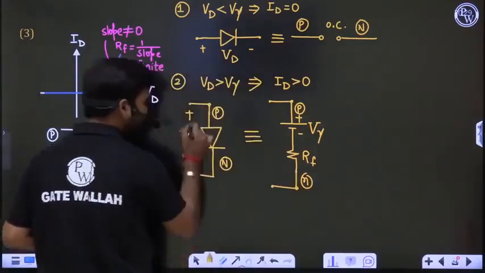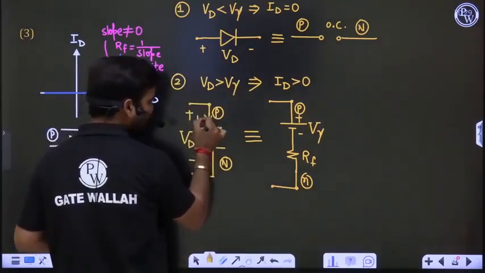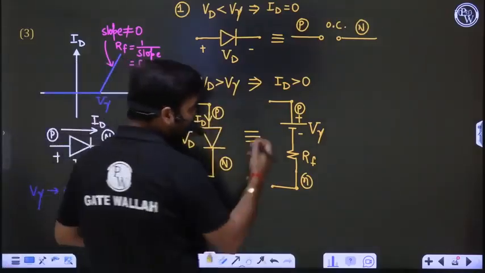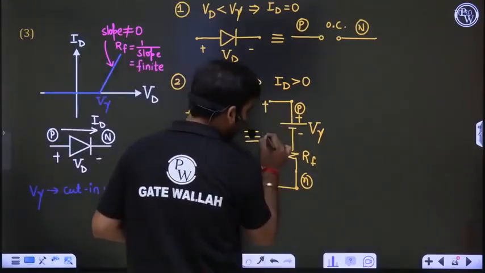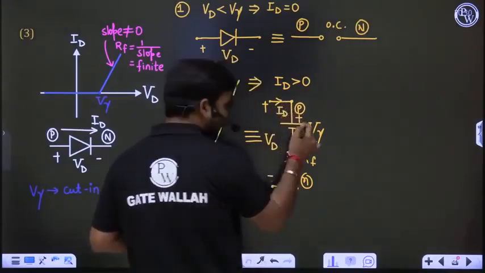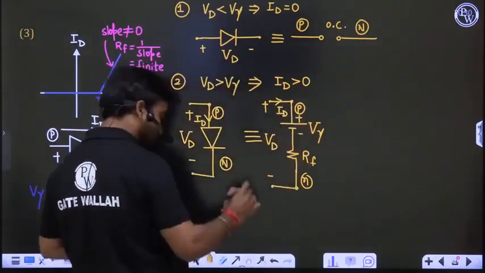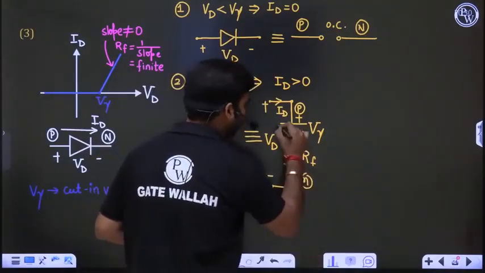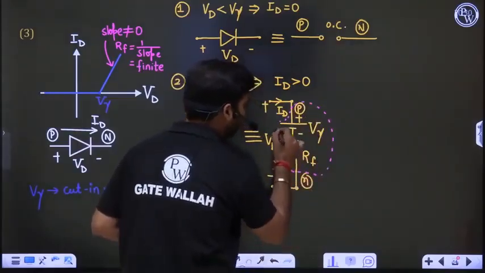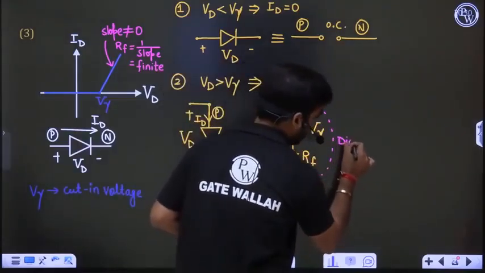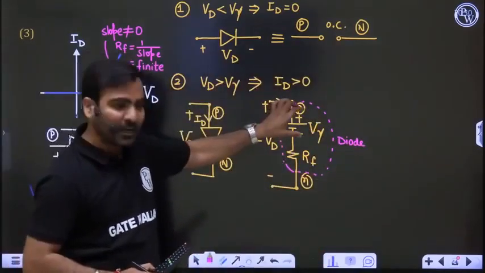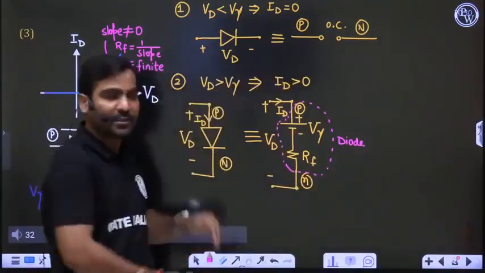So this was the diode voltage and this was the diode current ID, which is flowing in the P to N direction, some finite current. Now in this case, the complete diode voltage is this. This is your diode voltage VD and this is your diode current ID. And the diode is replaced by this V gamma and RF. This V gamma and RF is nothing but your diode. So P side positive, N side negative, V gamma in series with resistance. This is a complete representation of the diode.